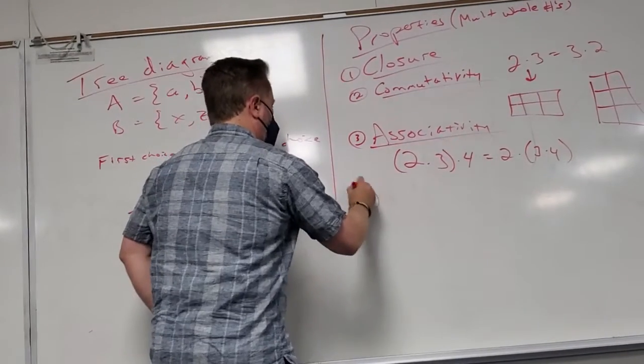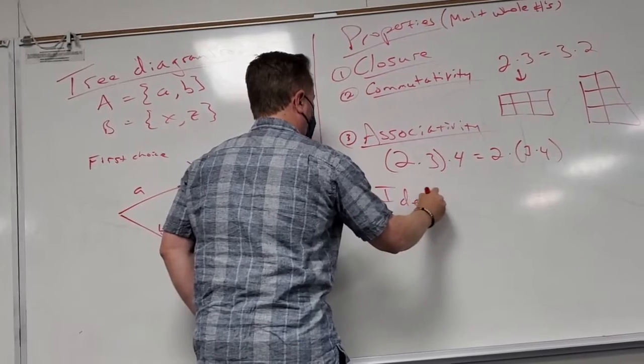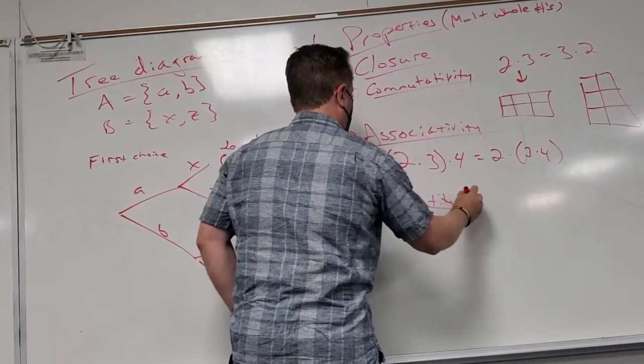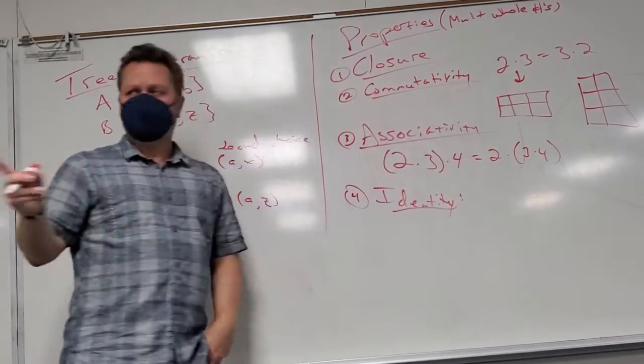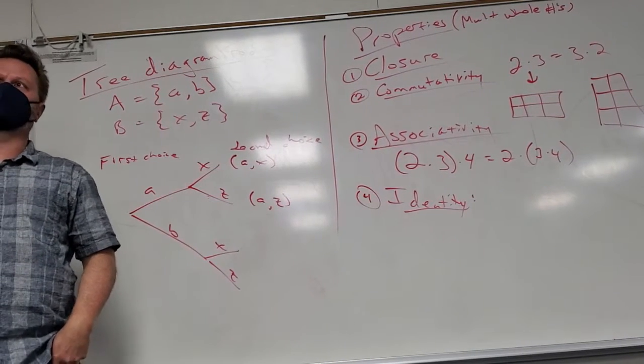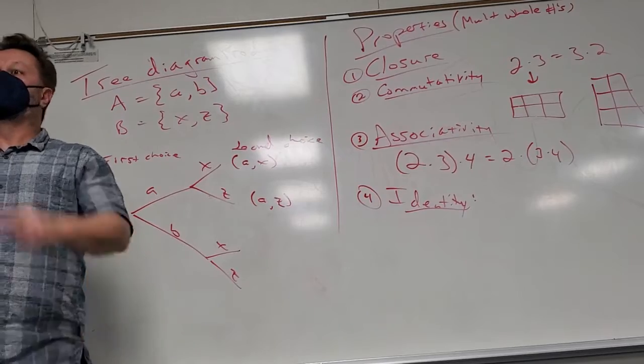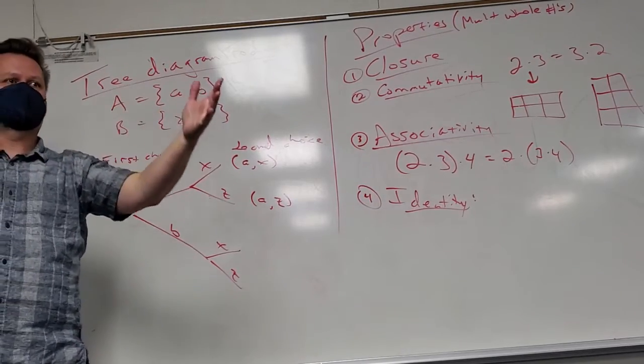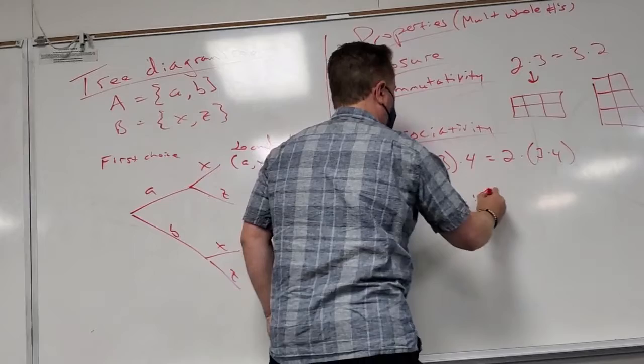I think we talked about this already. The identity. What is it for multiplication? You multiply by 0, it's going to give you 0. That's not the identity, though. Identity is supposed to be the thing that I operate with that keeps it the same. 1, yeah. So identity is 1 because